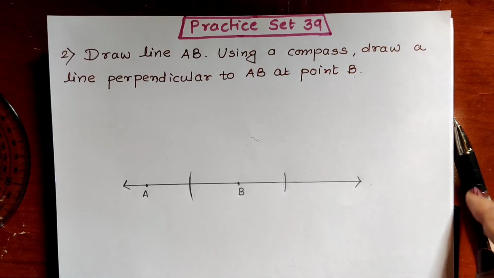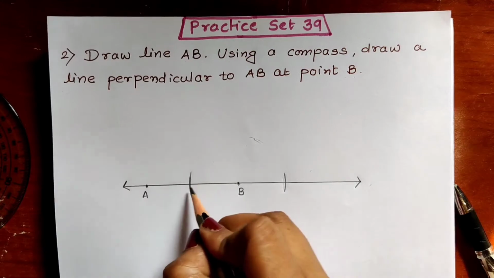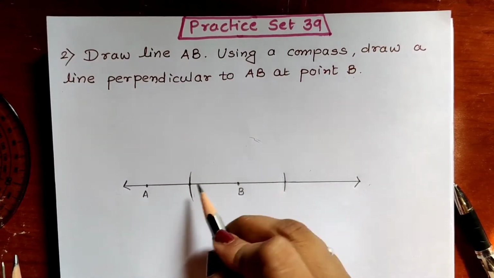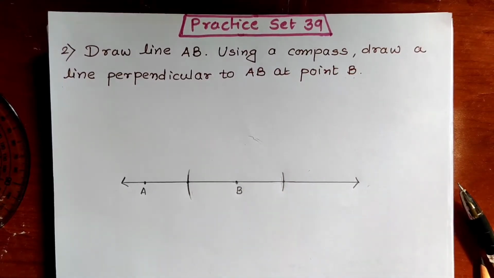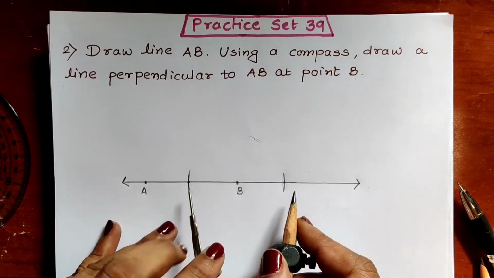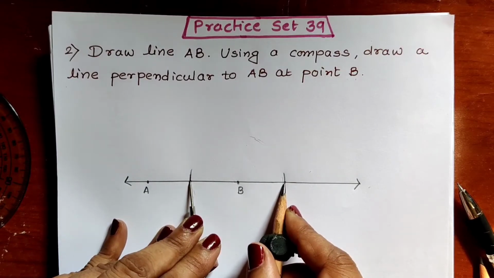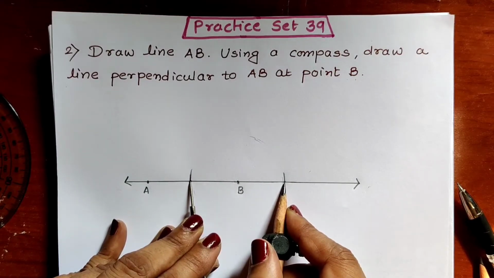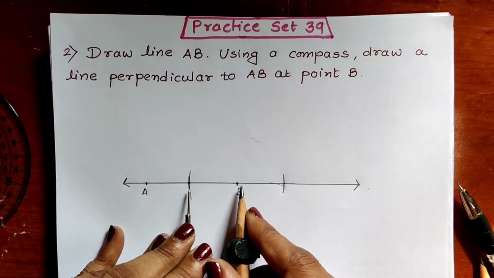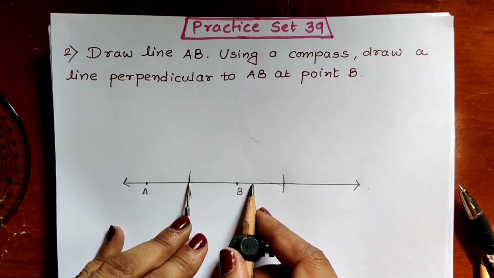And just make these points a little dark. Which points we have to make dark? Where these arcs intersect this line, these points. Okay, where the arc intersects the line, these points we have to make a little dark. Now what we have to do? We have to take more than half the distance of this segment. This segment we all know is part of the line. This is the full, complete segment. We have to take more than half the distance. This much will be half. We will have to take more than half. Okay, take more than half the distance.